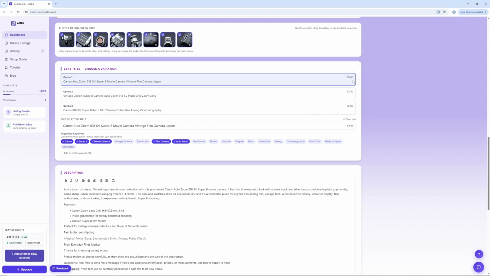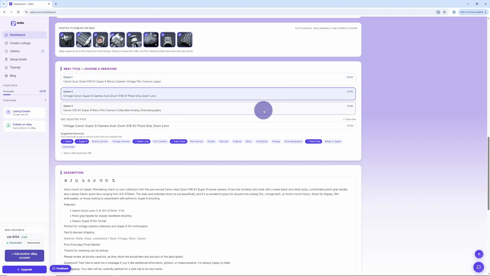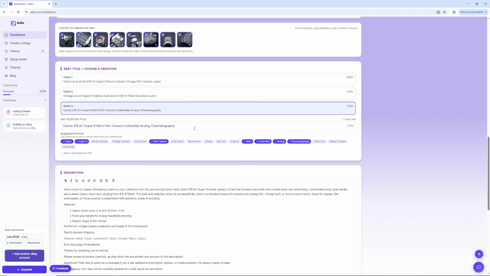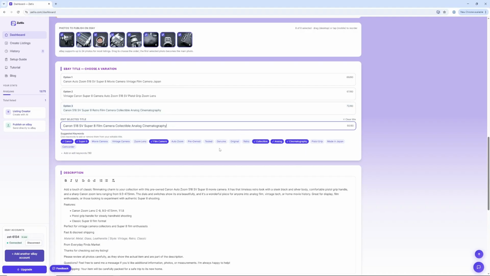Remember that eBay titles have a maximum of 80 characters. The counter here lets you see exactly how many characters you're using. And then we have this 4th line. This one is completely editable. You can use one of the generated titles as a starting point, remove words, add keywords, or simply delete everything